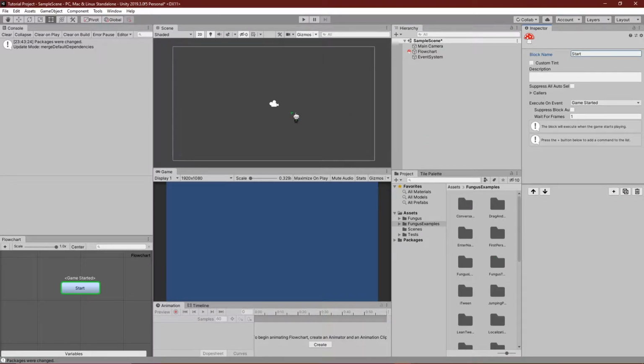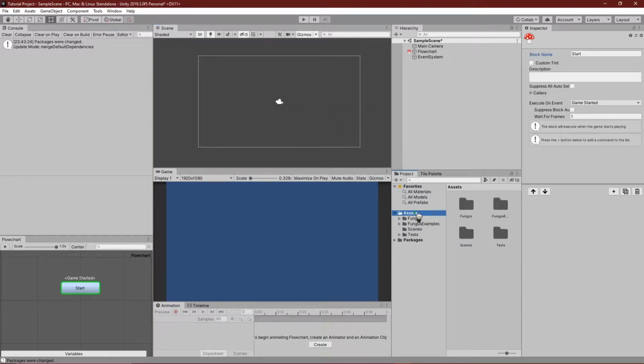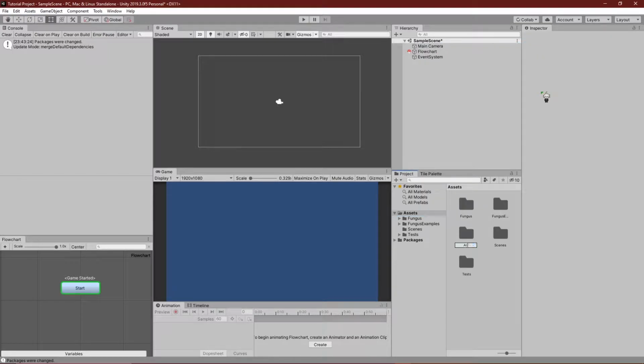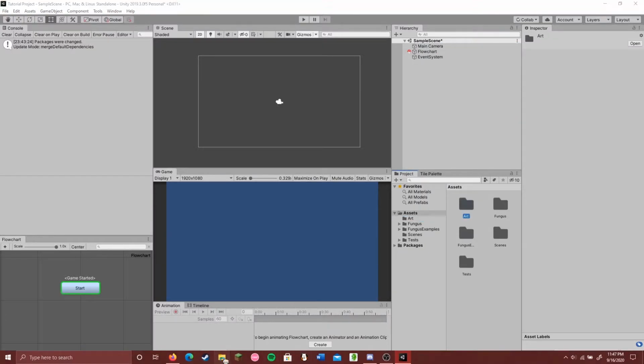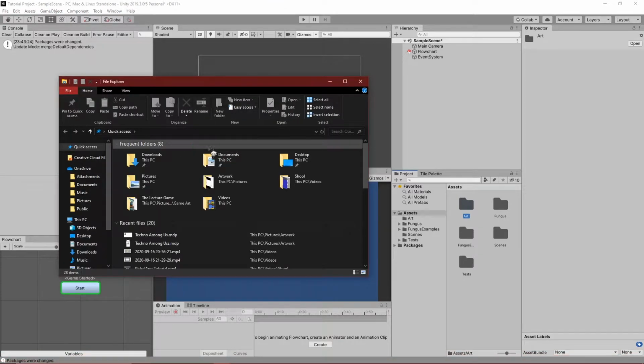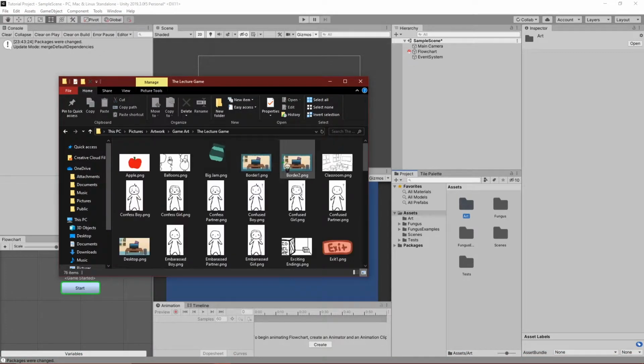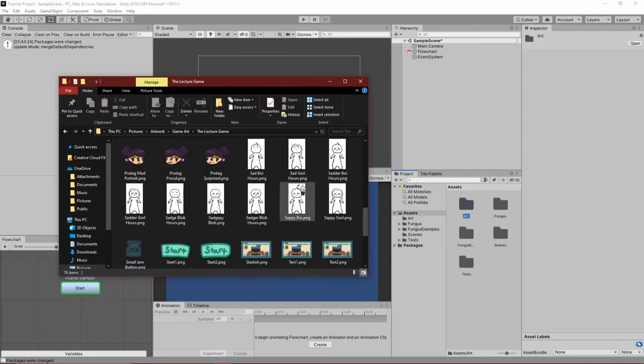So the first thing I'm going to do is add a couple of things to our scene right here. Right now, it's kind of boring, it's kind of plain, not a big fan, just blue. So I'm going to create a new folder actually, and I'm going to call this Art. And I'm just going to drag in a couple of pieces of art, something we can use as a basis for our examples. So I'm going to go into lecture game and I'm going to see,